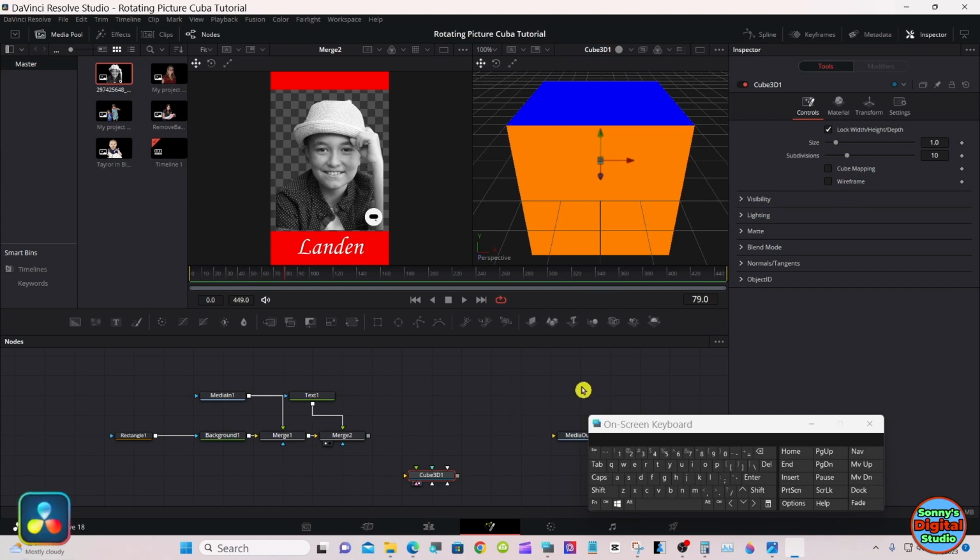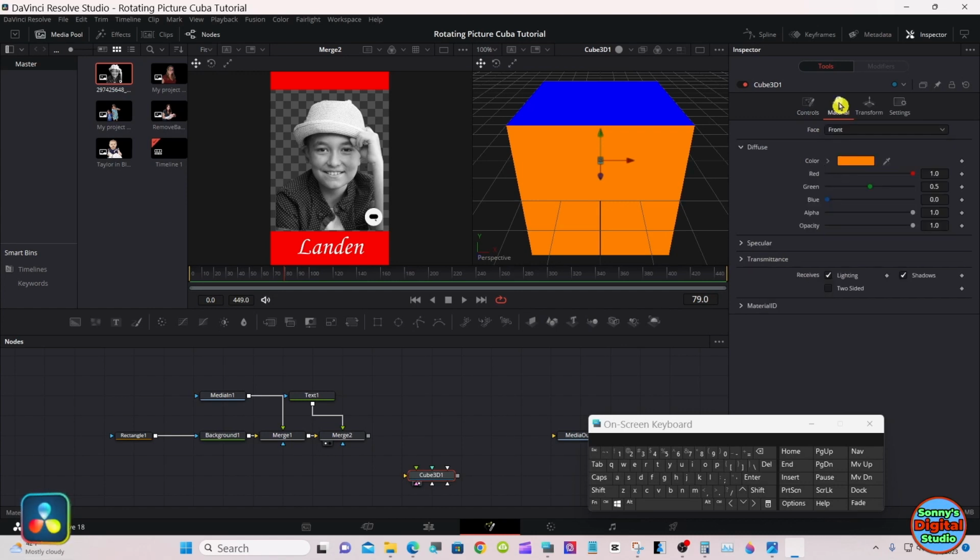With it selected, go up to materials. We're going to take all the colors off the sides and make the top and bottom red, or whatever color you choose. So go to front, change it to white.